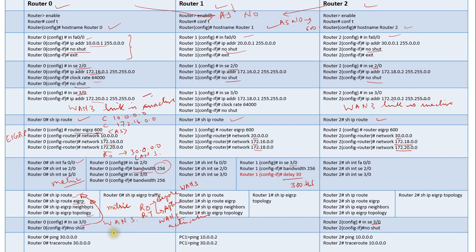You can calculate the metric value based on the delay and the bandwidth available on the links. Now, after successfully performing this experiment, you can check the connectivity between any two end devices belonging to the same network or different networks, and the connectivity to a particular router or an end device can also be checked using the ping command. And you can even trace the path using the traceroute command to a particular network or to a particular IP address.